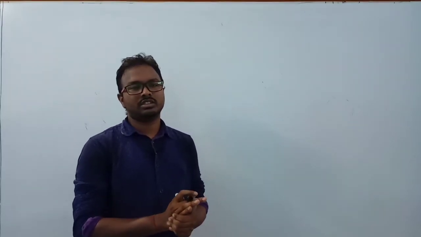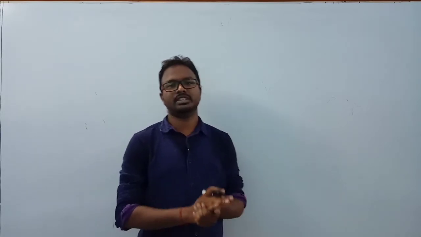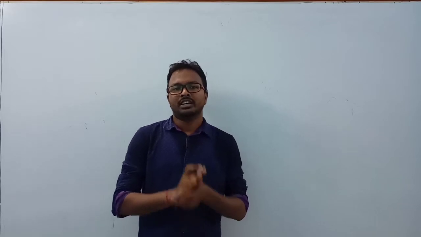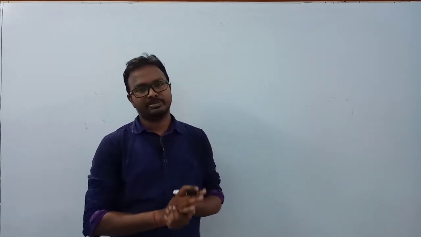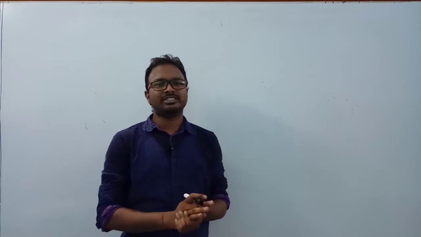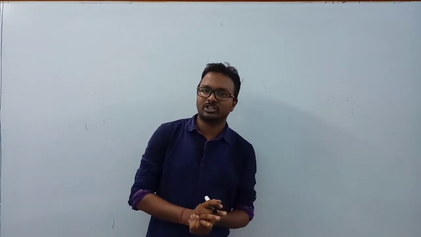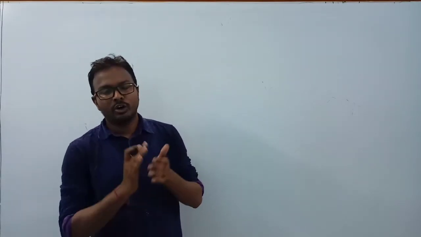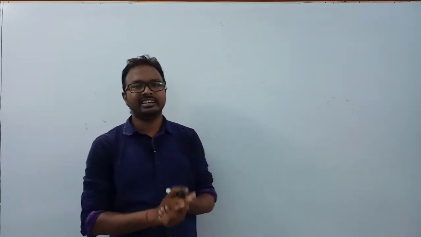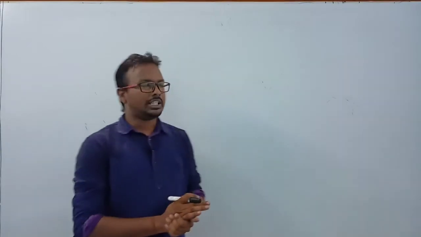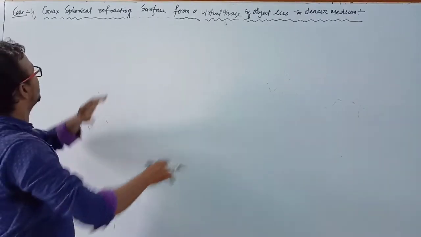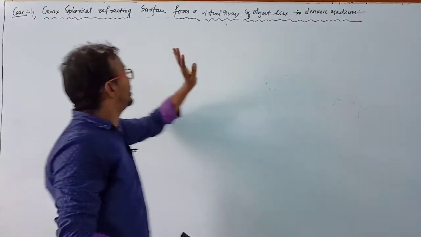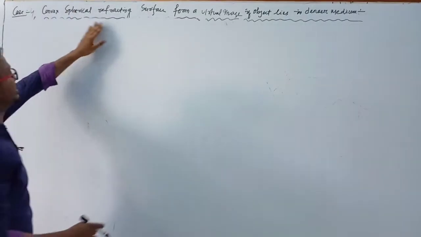Last class we discussed refraction taking place at a spherical surface, and we already discussed three cases of the convex refracting spherical surface. Clear now? The last case of the convex spherical refracting surface is that we get a virtual image if the object lies inside the denser medium. Clear? Now we have to find a virtual image if the object lies inside the denser medium, by using a convex spherical refracting